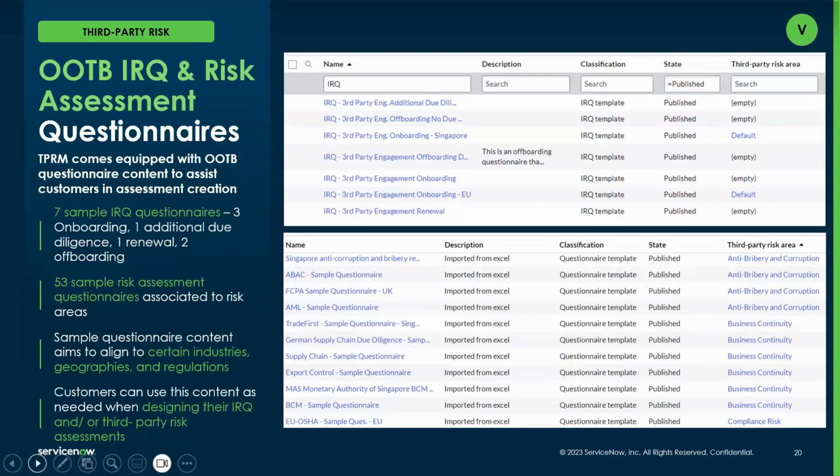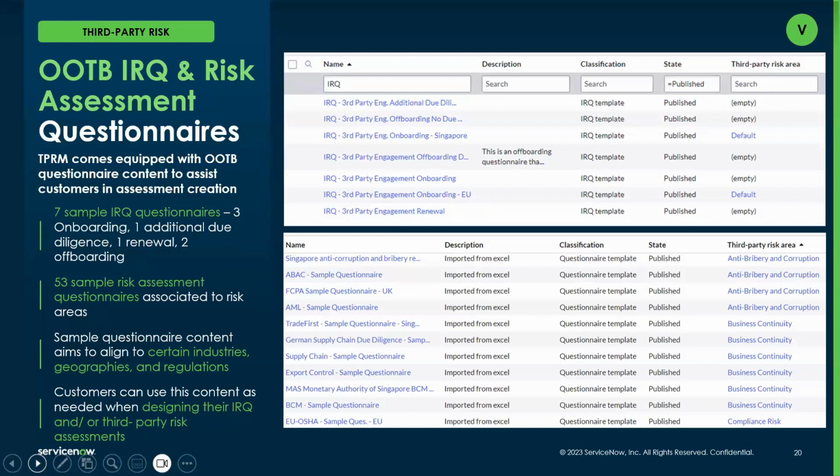Last, and this is a big one and new for TPRM, is out-of-the-box content. So within VRM, you probably know we always supported the SIG, and we updated that annually. And the SIG will remain in VRM as well as in TPRM.